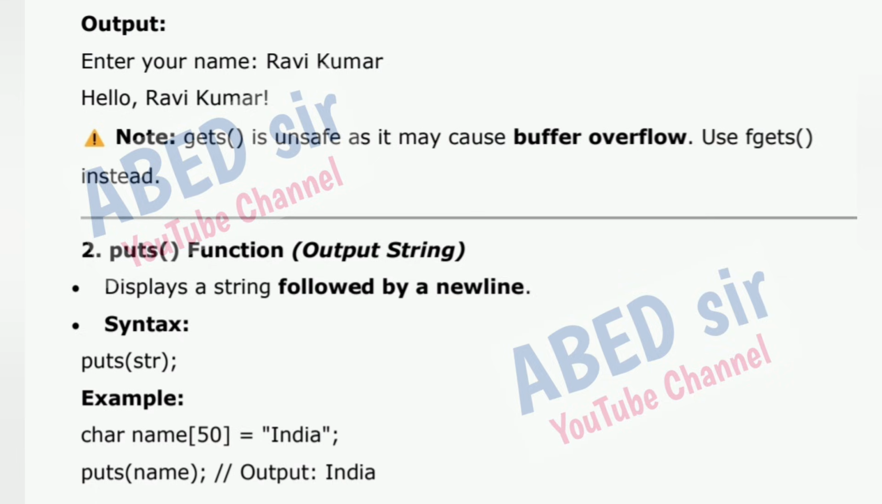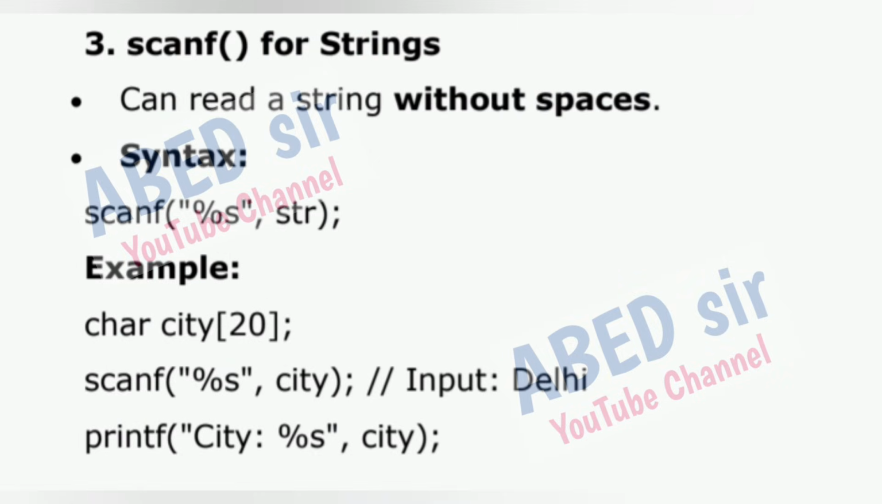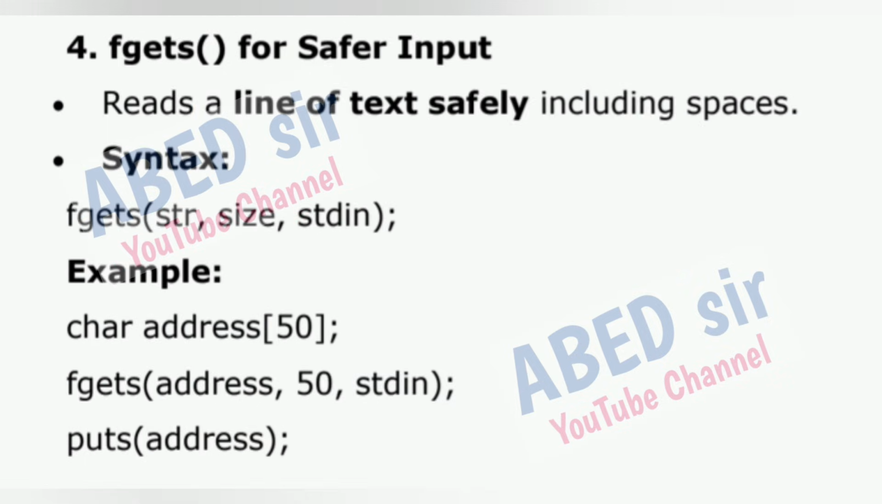2. puts function, output string. Displays a string followed by a new line. Syntax: puts(str); Example: char name[50] = "India"; puts(name); Output: India. 3. scanf for strings. Can read a string without spaces. Syntax: scanf("%s", str); Example: char city[20]; scanf("%s", city); input: Delhi. printf("City: %s", city);